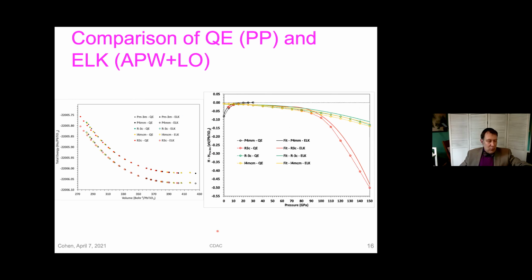So, showing a little bit more detail about those results and the testing that we did. On the left-hand side, I show the total energy versus volume. And there's a shift in the energy between the pseudopotential and the all-electron calculation, which is not really meaningful, because the pseudopotential doesn't include the total energy properly. We just shifted these arbitrarily to make them near each other. You can see that the LAPW results look similar to the pseudopotential results.